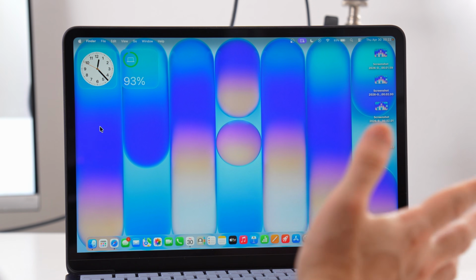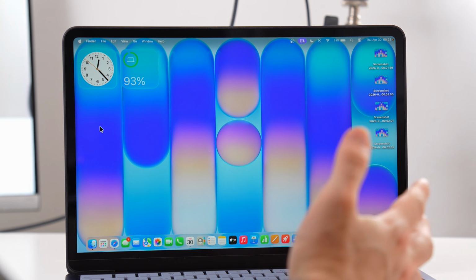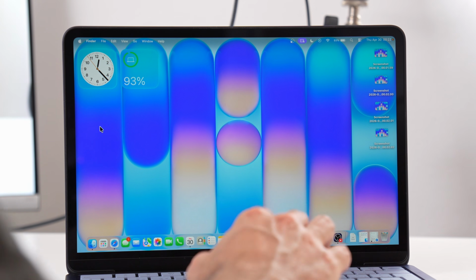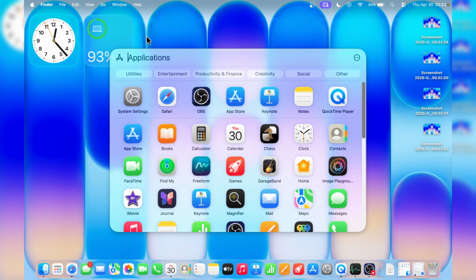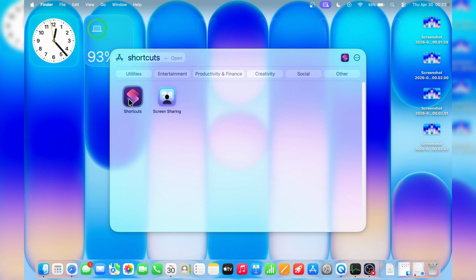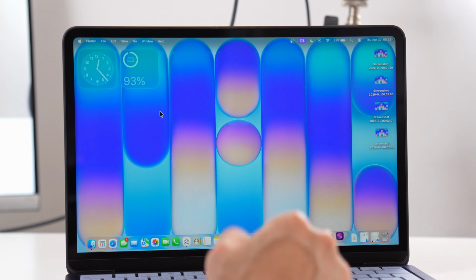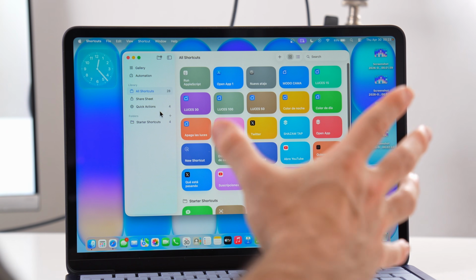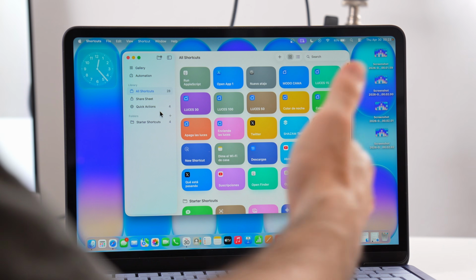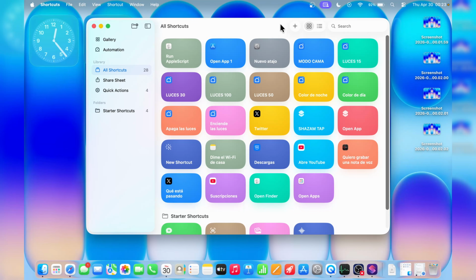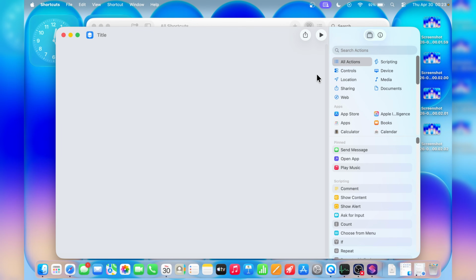And more in the same vein, something that is also going to save you a lot of time: if you access your app menu and then type Shortcuts, as you can see, there is an official Apple Shortcuts app for the Mac that is going to help you create a lot of automations that save a lot of time in your daily life. So let's tap right here on plus, then come to the right where it says Open App and drag it into the middle